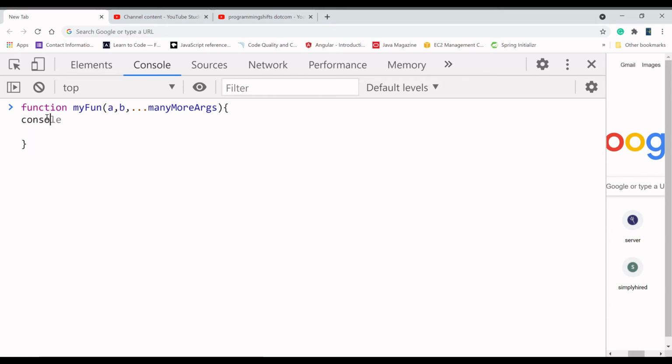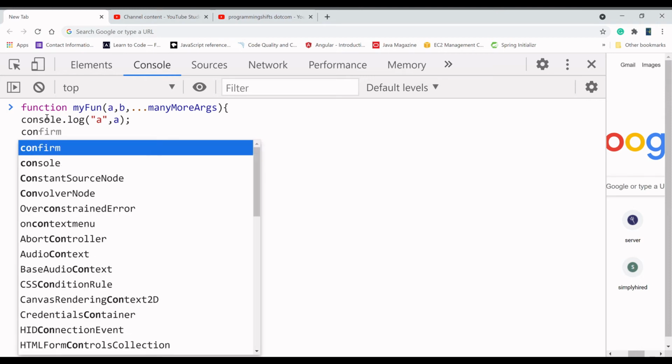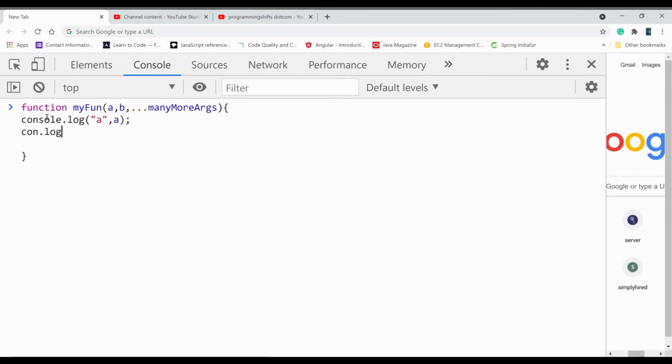I will write console.log and check the a value, then console.log and check the b value.